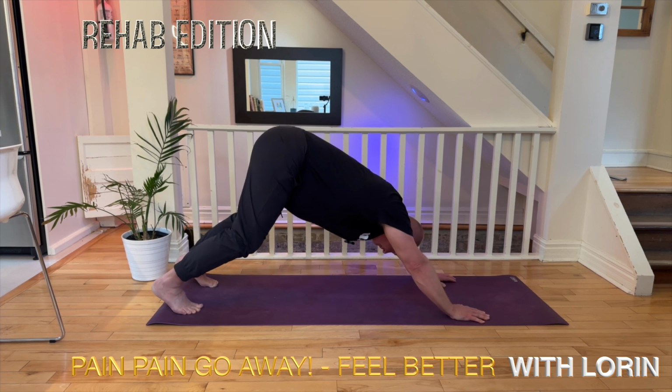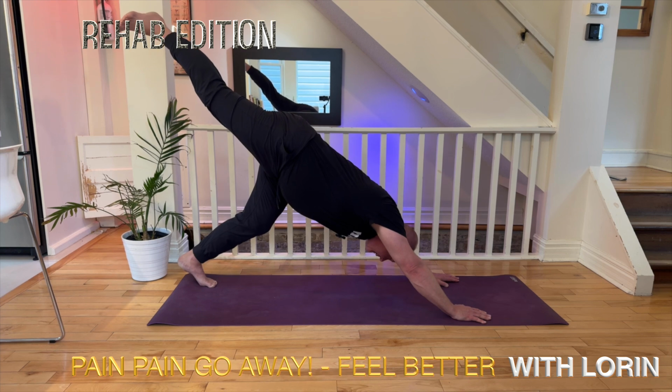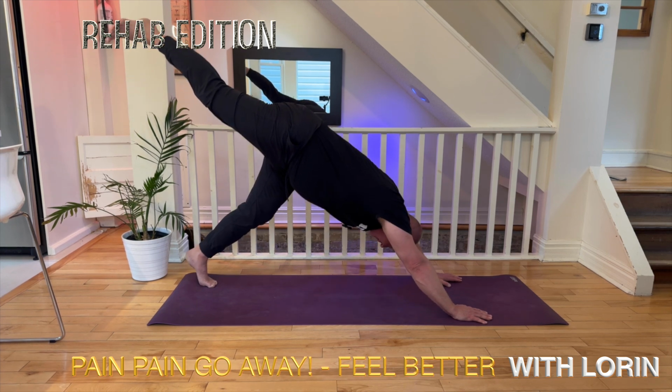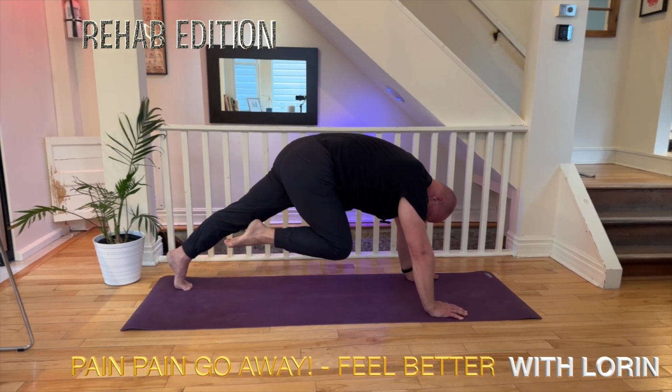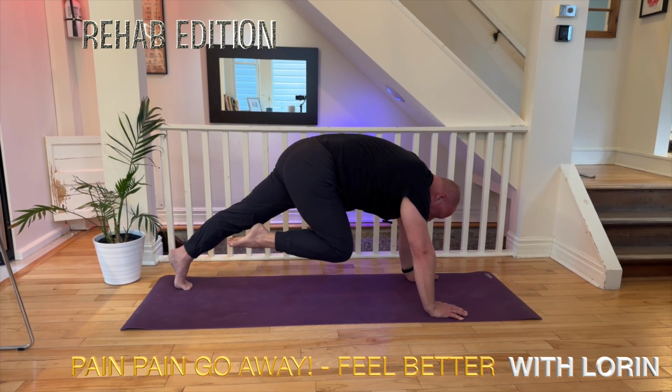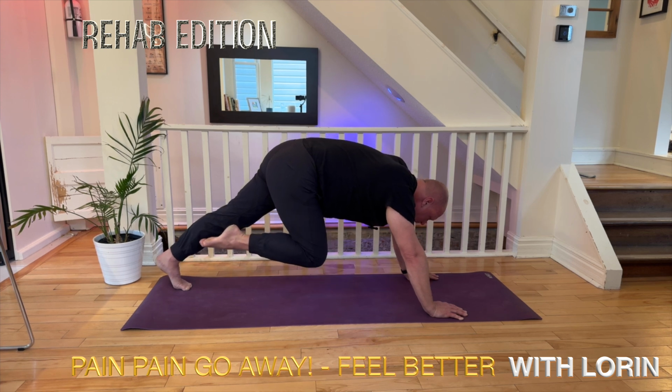Now, your right leg to the air for three-legged dog. Go up on your left. And here, we're going to engage and hold our right knee to our chest and really push everything away. We're going to hold on to that for a sec. Keep breathing. One breath in